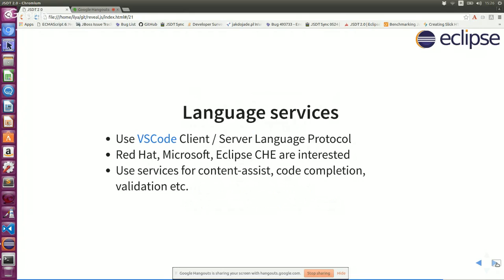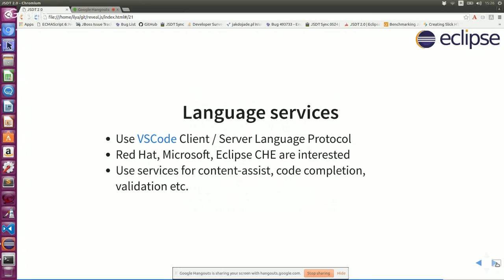And there are really good alternates out there that are supported by the communities that actually create those services. For example, in the case of TypeScript language services, they are actually created by the team that implements the TypeScript compiler. So they probably know much better